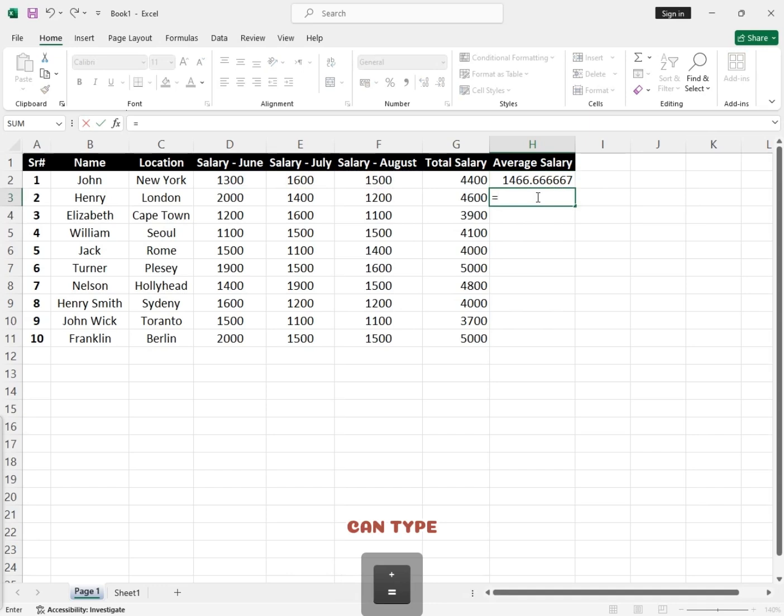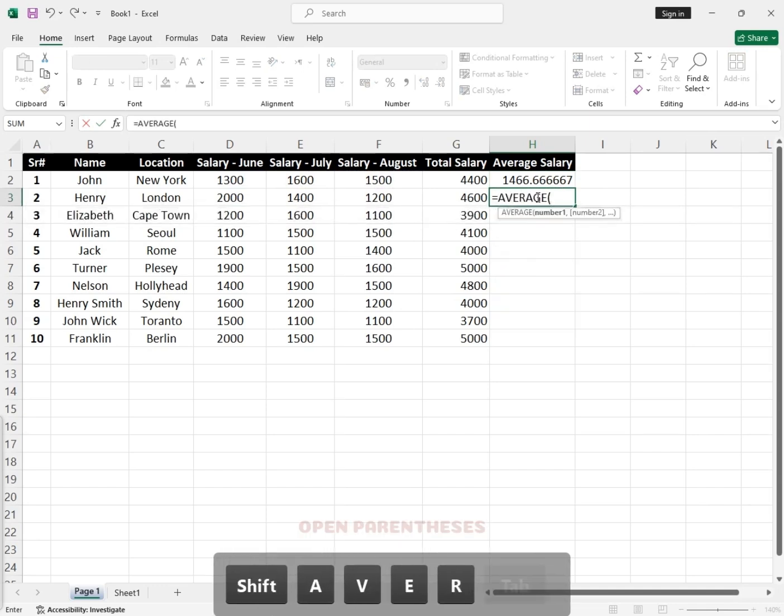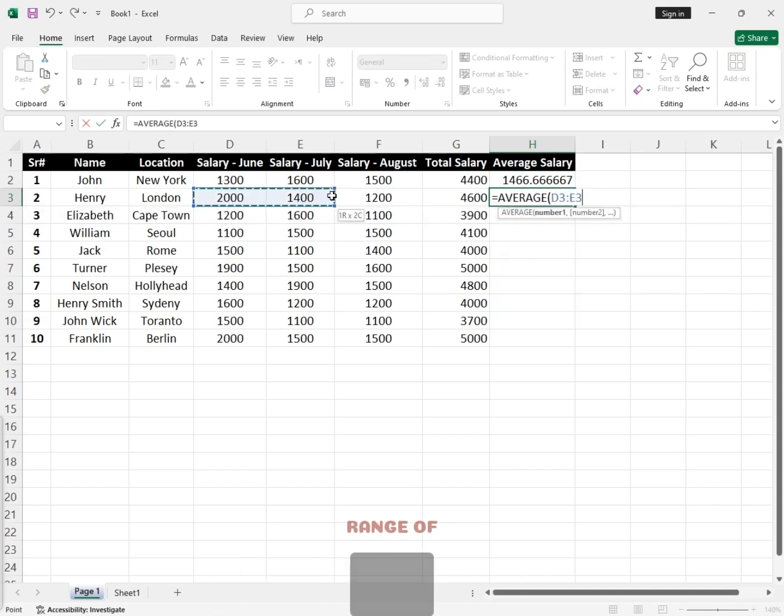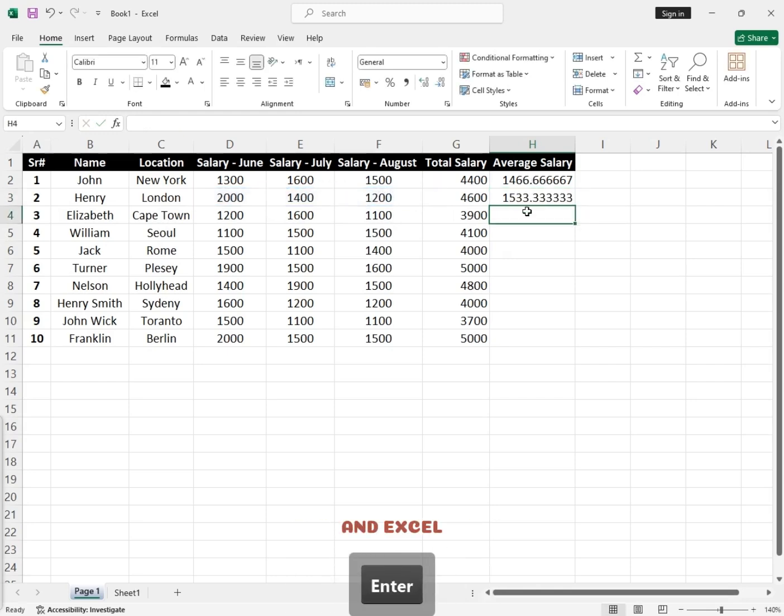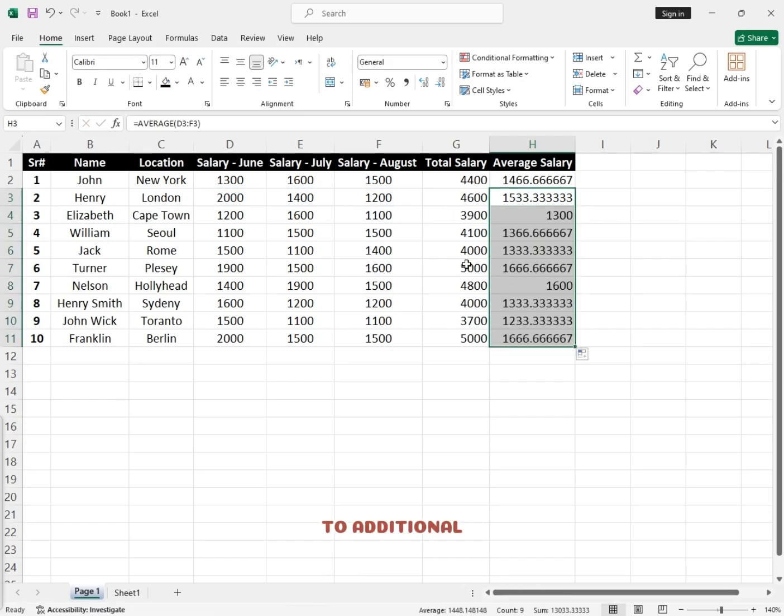Alternatively, you can type an equals, type average, open parentheses, select the range of cells containing the salaries, and then close parentheses. Press enter, and Excel will calculate the average for you. To apply this calculation to additional rows or columns, simply drag the fill handle,